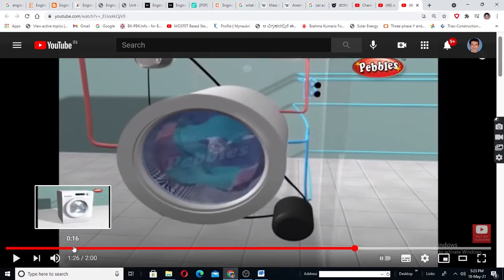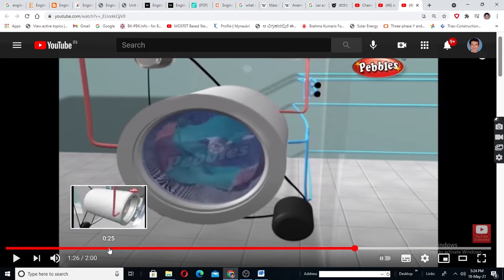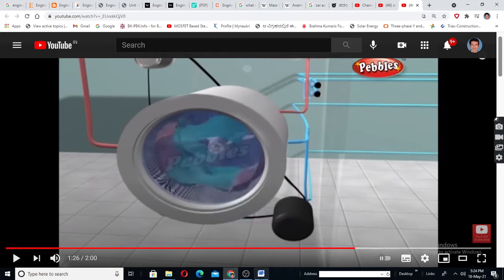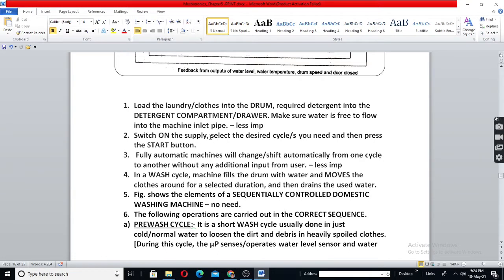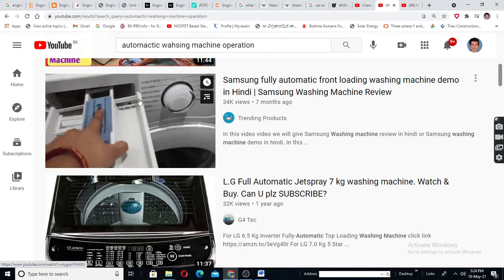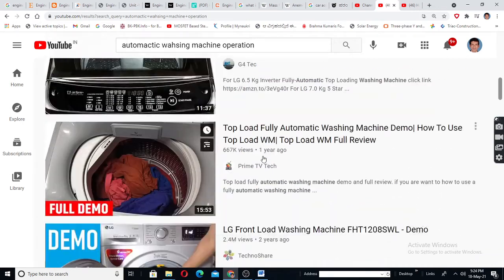See this figure, which is shown here, just in the bottom left hand corner. This is definitely a front loading washing machine. Later the person might have shown the video of top loading, which is different. Anyhow, that is not a big issue here. Now see here the operations. We will put the detergent in the detergent compartment just shown here. You will open this and put detergent here, which we will see again later.